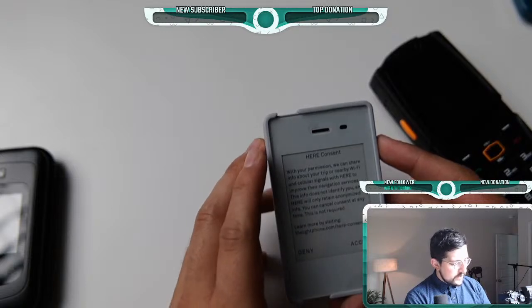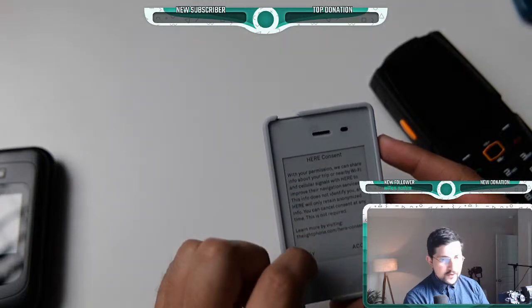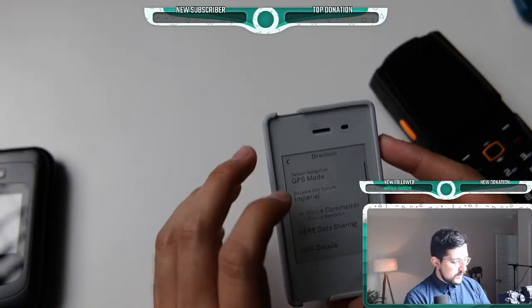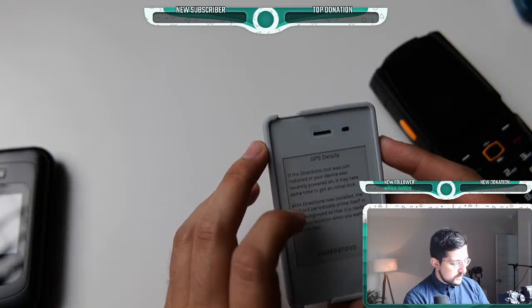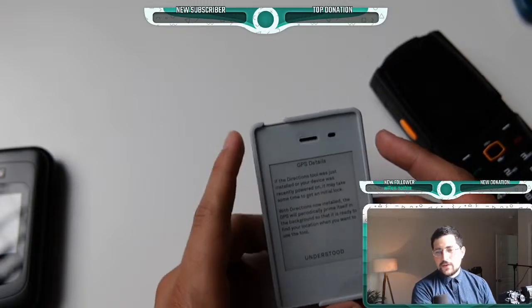Here, data sharing. With your permission, we can share info about your trip. It's going to be anonymous. This is not required, so you can deny it or you can accept it. And also you have the GPS details. If the directions tool was just installed or your device was just powered on, it may take some time to get the initial lock. This happens with a lot of phones too,